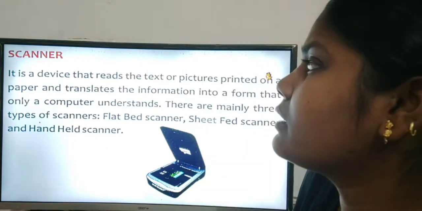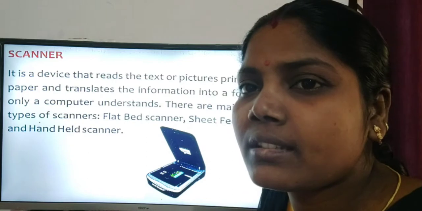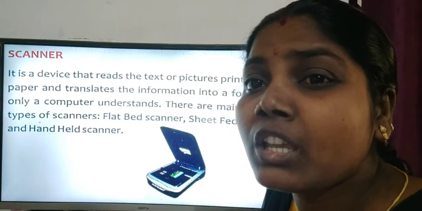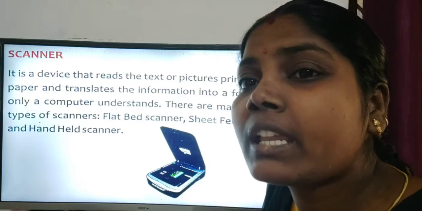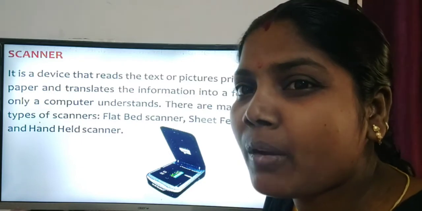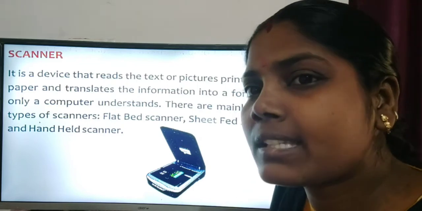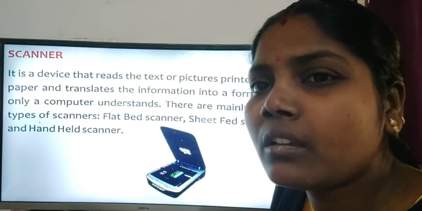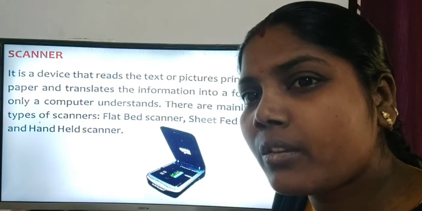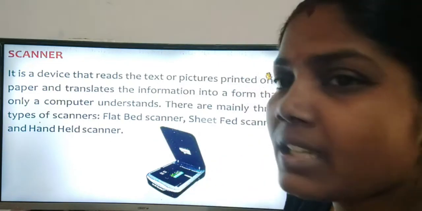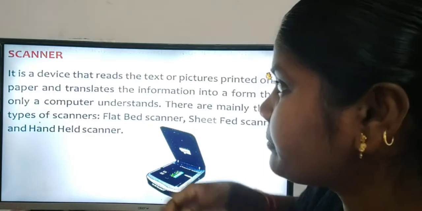So, the scanner. What does scanner mean? If we want to take information from a paper, we cannot always take the system or another system everywhere, so for that we can use a scanner.